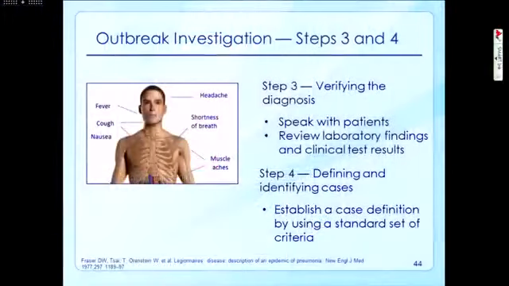During step 3, the epidemiologists ensured that the problem was accurately diagnosed by speaking with patients and by reviewing laboratory findings and clinical test results. After the diagnosis was confirmed, a standard set of criteria, also known as a case definition, was established as step 4 of the investigation to determine whether a person should be categorized as having the specific illness they were investigating